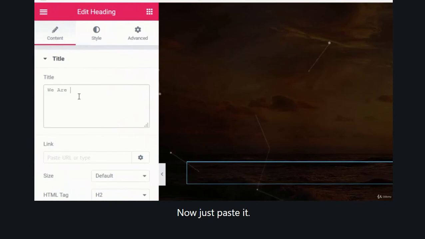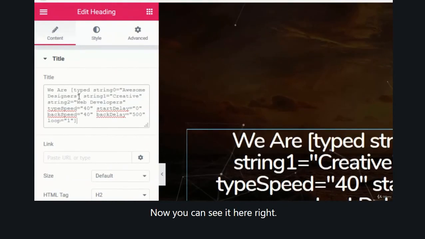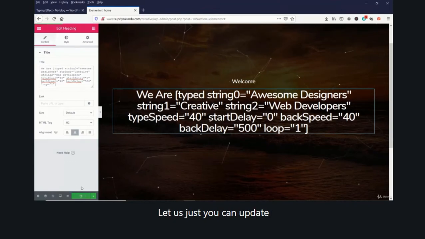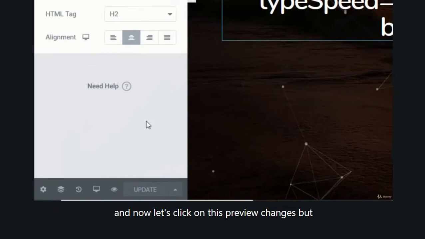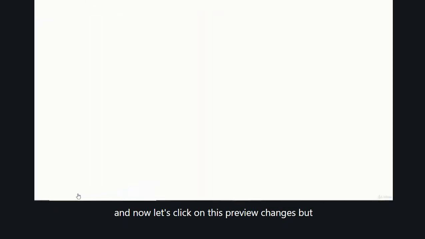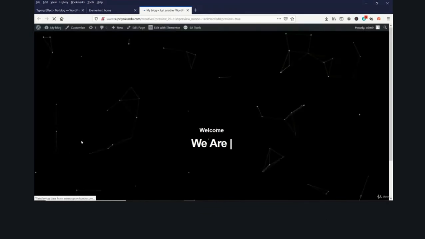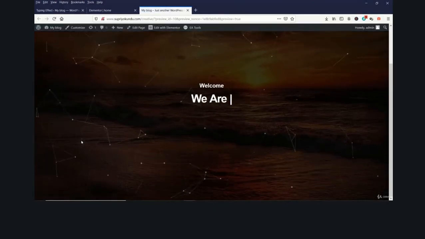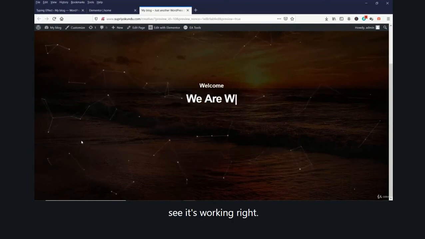Now just paste it. Now you can't see it here, right? Let's just click on update, and now let's click on this preview changes button and just see here, friend. See, it's working, right?